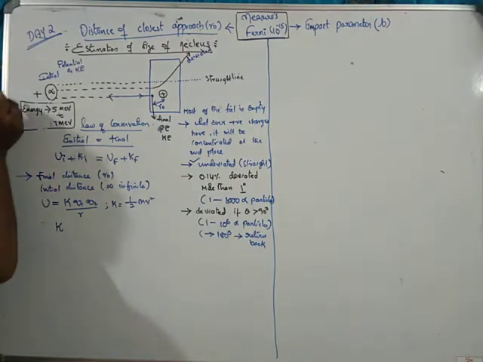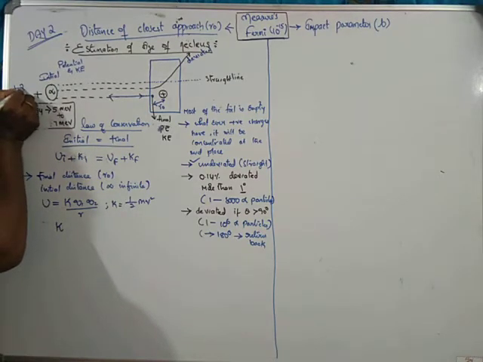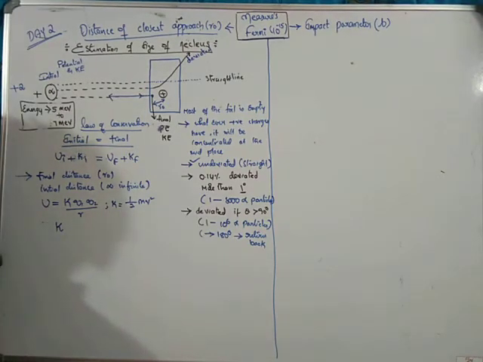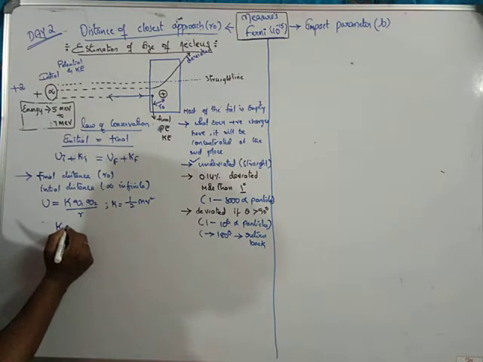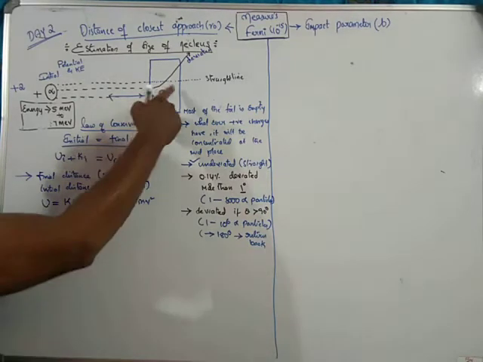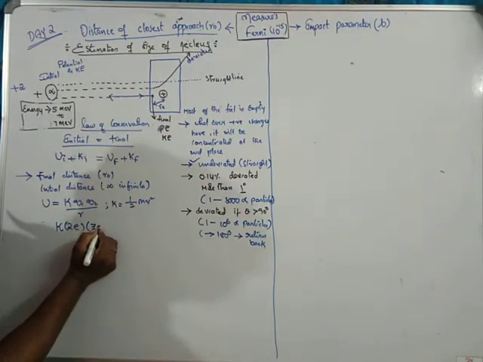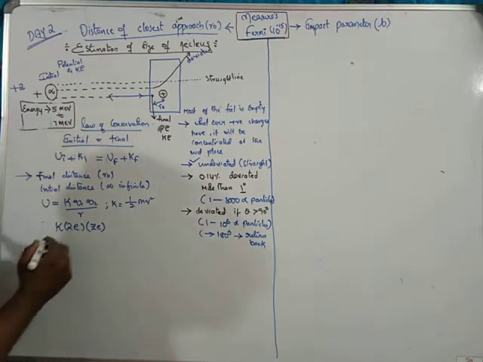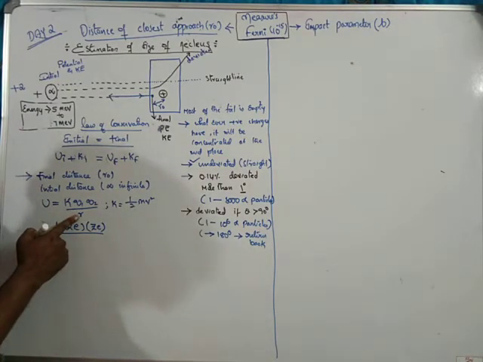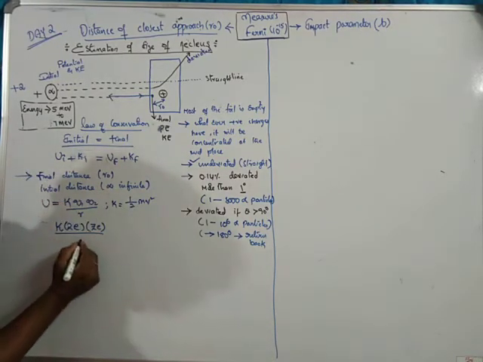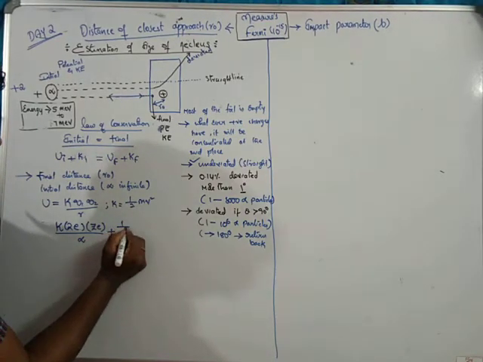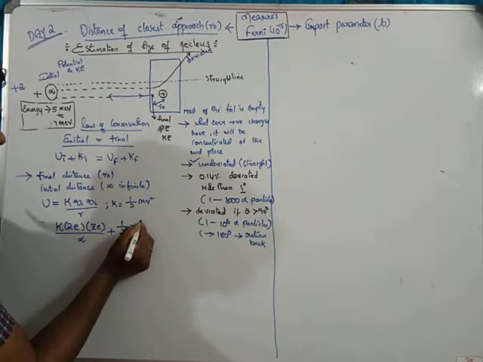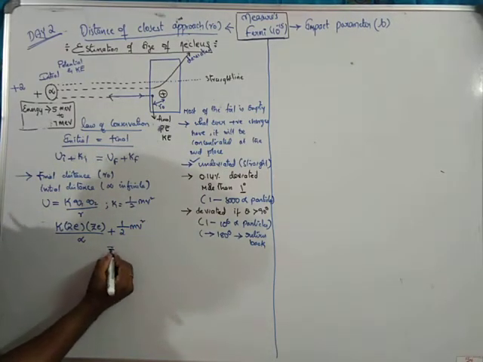Alpha is a positive charge, and we consider this as plus 2, two electrons into atomic number, this will be Ze, divided by the distance, which we consider as infinite, initial distance will be infinite, plus the energy will be half mv square is equals to